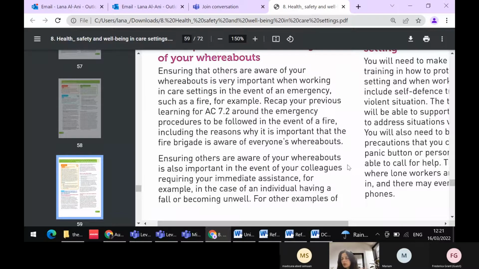If you are going to leave the setting during work time, you need to inform them where you're going, just in case a fire happens in the care home and you are not there. They think you are there, but you didn't go to the assembly area, and then your manager will be very stressed. He might go in to get you out of the place, even though you're not there. So it's very, very dangerous. You need to inform people about where you are and where you're going if you're leaving your work for any reason during working hours.